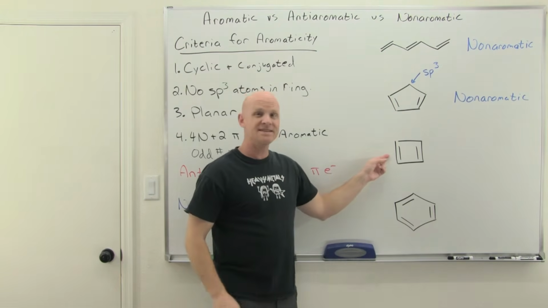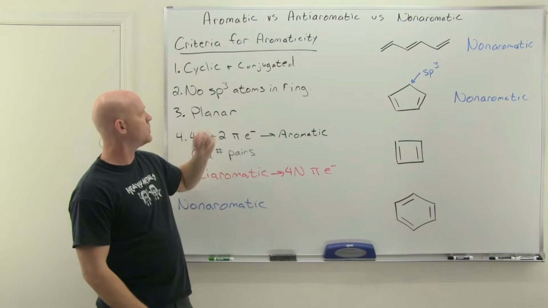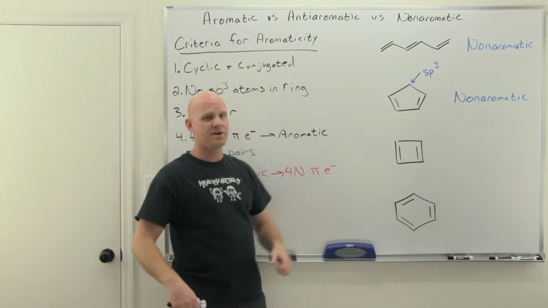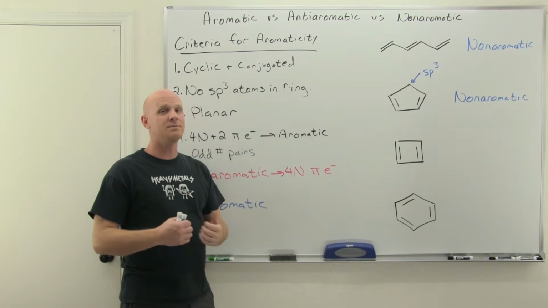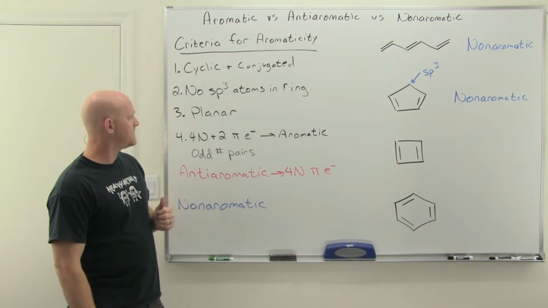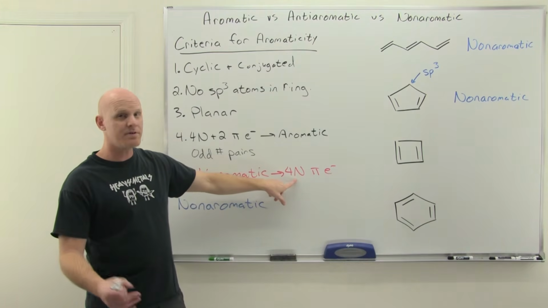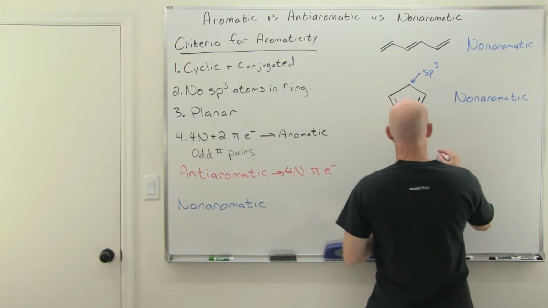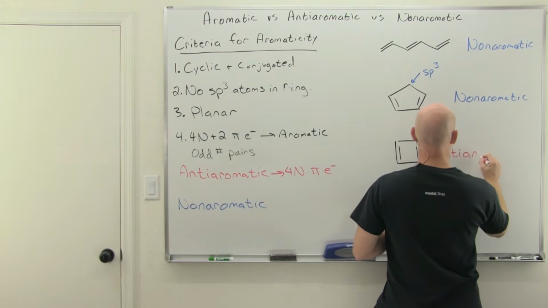All right, next one here, this is cyclic. It is a completely conjugated system, check. So rules number 1 and 2: yep, all the atoms are sp2 hybridized. There's none that's sp3 hybridized. Okay, check. Planar, yep, 4-membered ring. Again, 7 or lower can definitely be planar. 8 or more, we'll see some are, some aren't. So definitely planar, but it actually has 4 pi electrons, which is a multiple of 4, or an even number of pairs, 2 pairs. That is an anti-aromatic number, not an aromatic number. And so we passed all the first 3 rules, but we didn't have the right number of electrons. So this is anti-aromatic